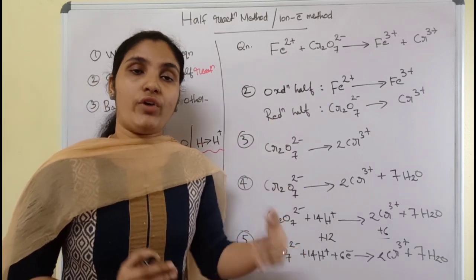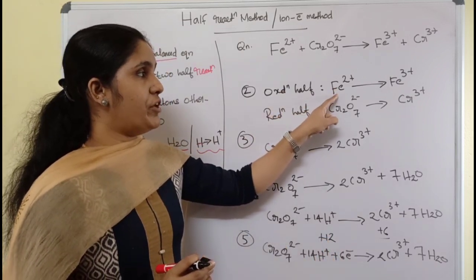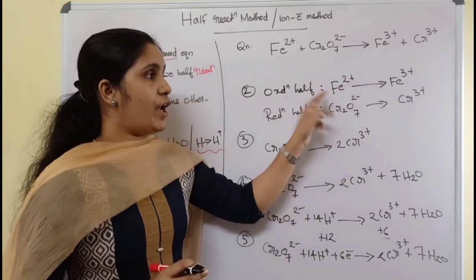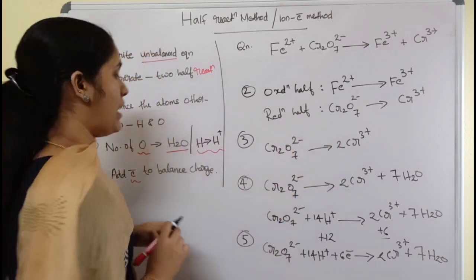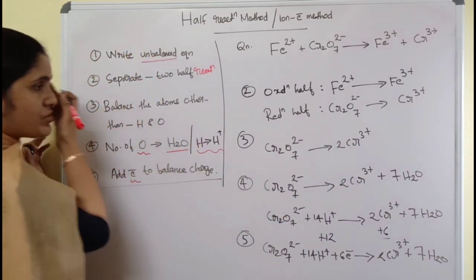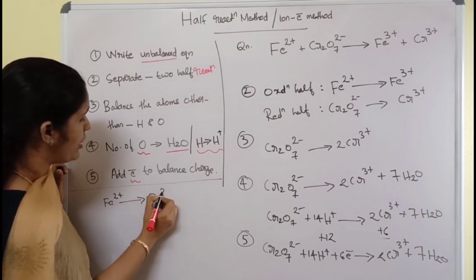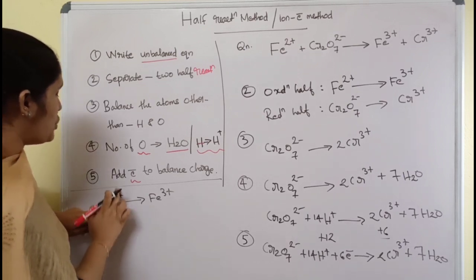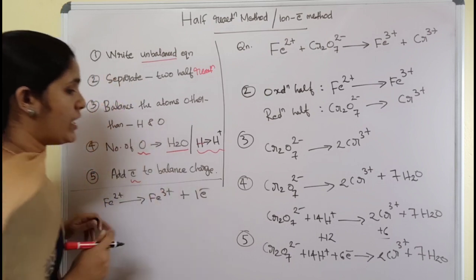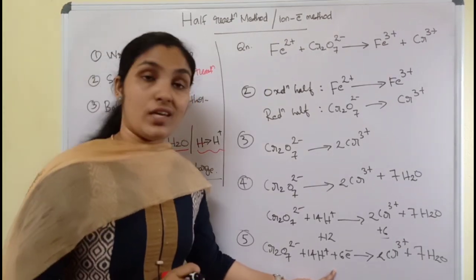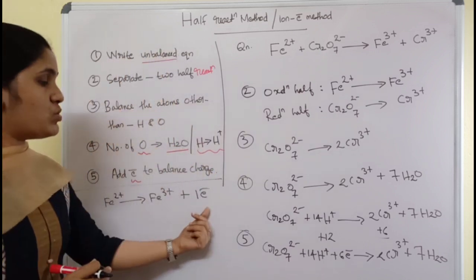Now in terms of the number of atoms and in terms of charges, this reduction half equation is well balanced. And we know we have to balance the two equations, right? Considering this oxidation half, Fe2 plus gives Fe3 plus. Here the number of atoms is itself balanced, but the ionic charge is not balanced. So for that, let's write the oxidation half reaction. Fe2 plus turns to Fe3 plus, and when Fe2 plus changes to Fe3 plus, it loses 1 electron. But here it gains 6 electrons, and here it loses 1 electron.